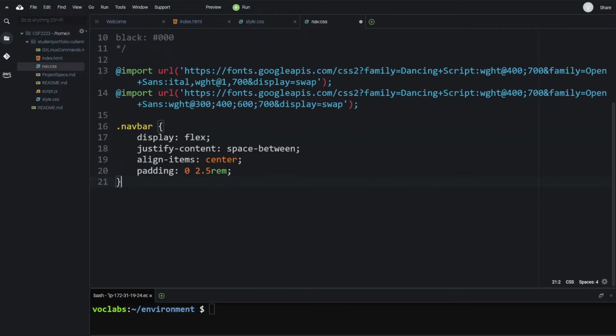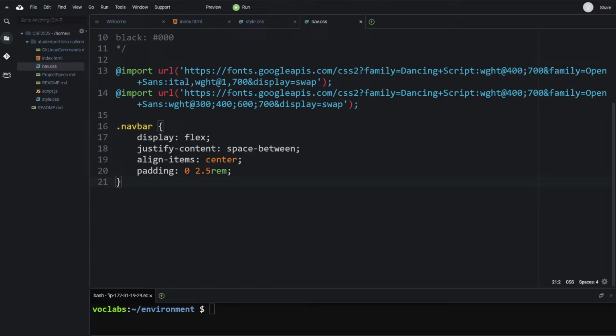Okay, so we want to display navbar as flex, which means now by default everything is going to go in rows. We want to space between horizontally, justify-content: space-between. Align-items: center means moving them vertically within the box. We want them in the center of the box, and we want padding top and bottom 0, left and right 2.5 rem. And we didn't make the adjustment here for rem, so one rem is now 16 pixels. Okay, so get those in, and now let's actually